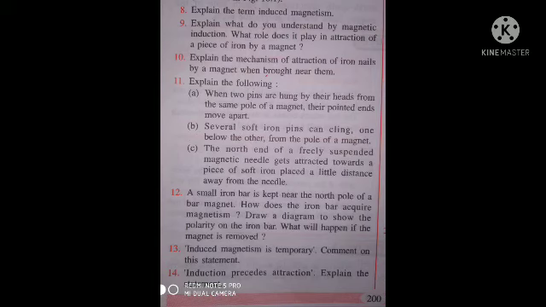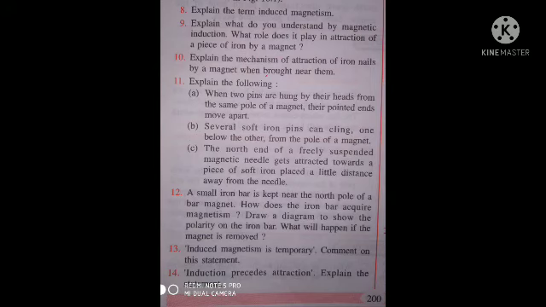When a piece of iron is placed near or in contact with a magnet, the piece of iron becomes a magnet, that is, it acquires the property of attracting iron filings when they are brought near its ends. Thus, a piece of iron behaves as a magnet as long as it is kept near or in contact with a magnet.